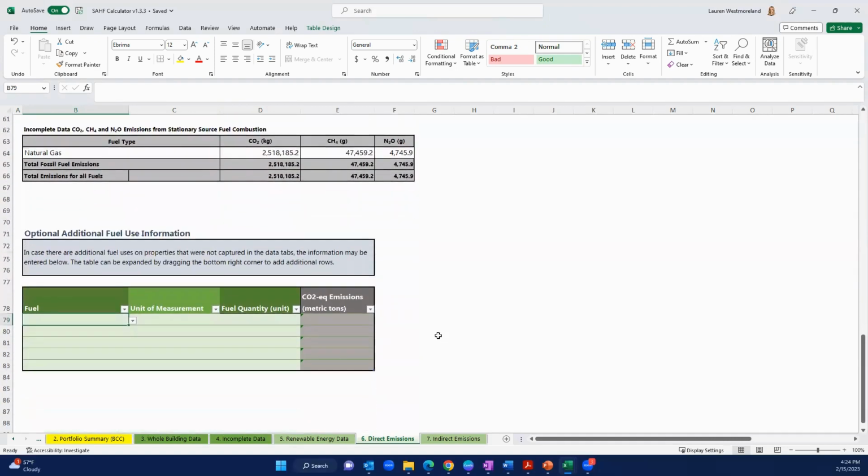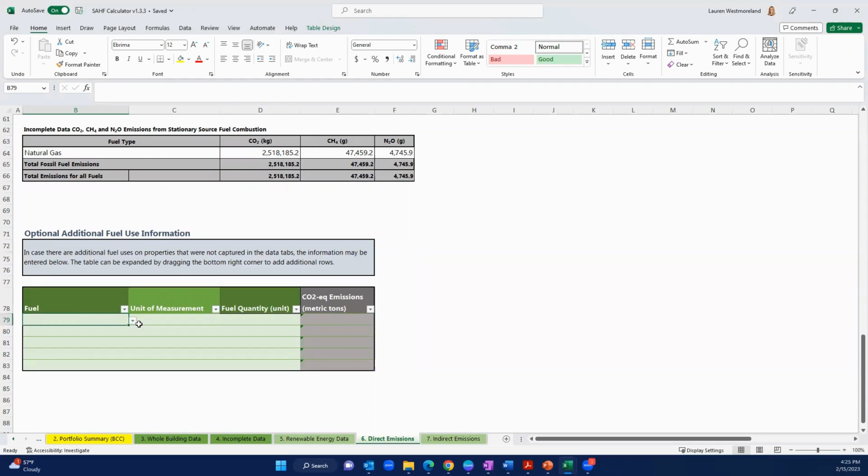However, if you also want to include other additional optional fuel information, scroll down to the bottom of this tab and you'll see the table down here where you can enter that in. What are some cases where you might want to enter data in? Well, if you perhaps have generators on site that are using gas or propane or some other fossil fuel, you may want to quantify that. Also, if you perhaps have a fleet of vehicles where you'd like to include that information in, landscaping equipment, anything that may use any fossil fuels on site that you would like to accommodate within these calculations,